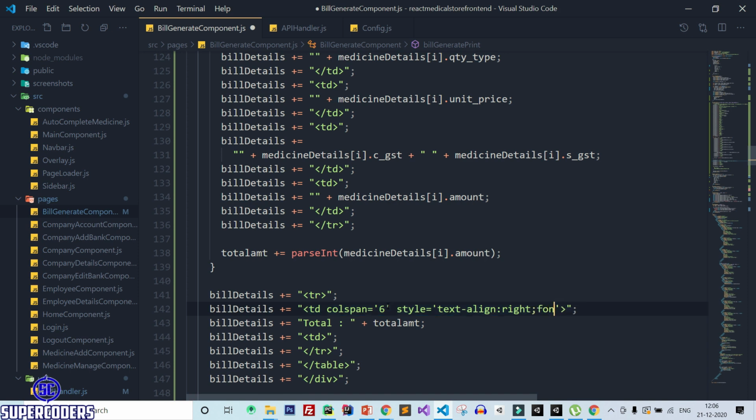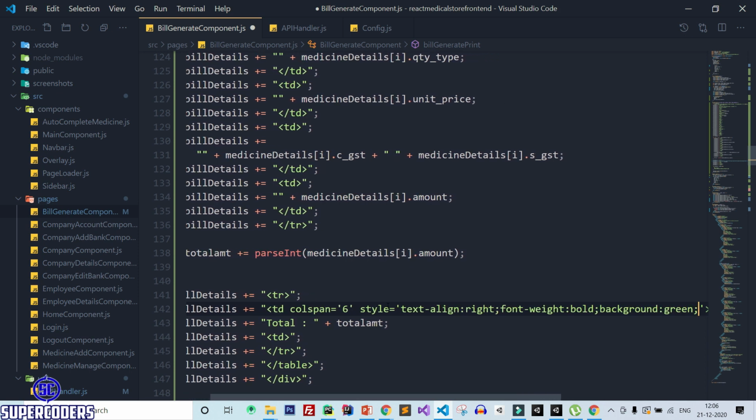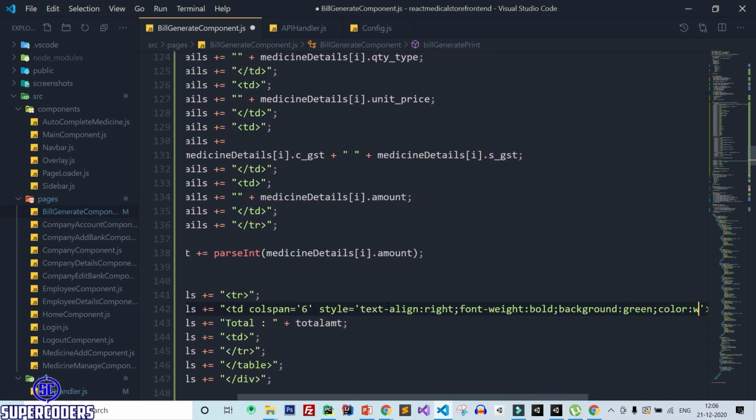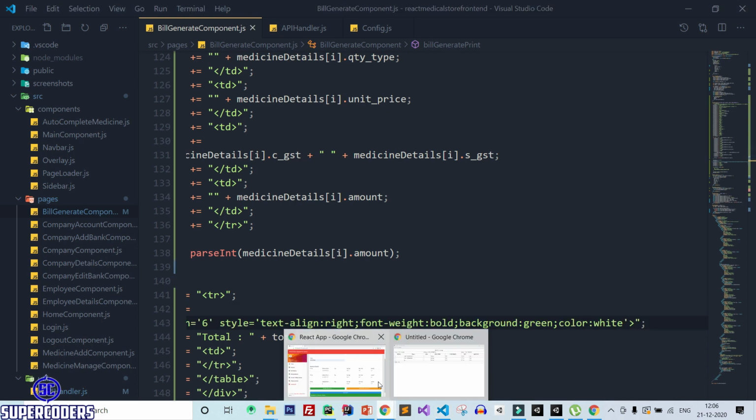and font weight bold, background green, color white. Now save it and let's check again.